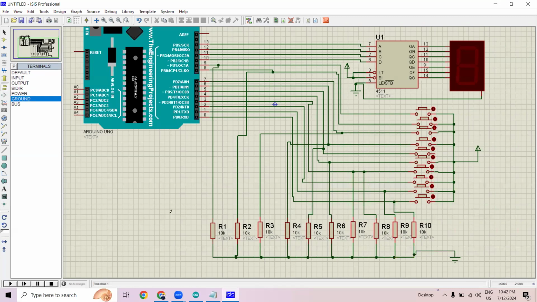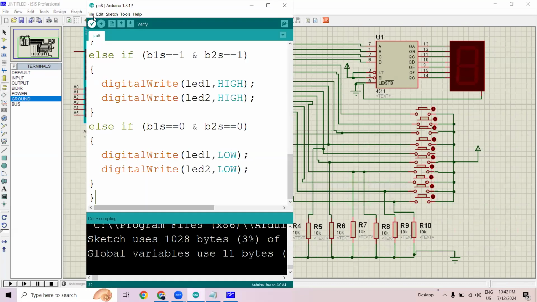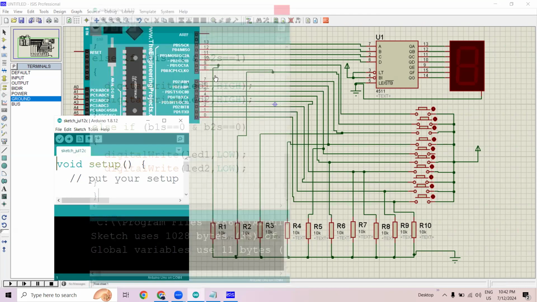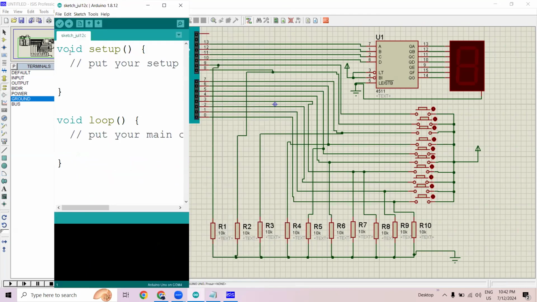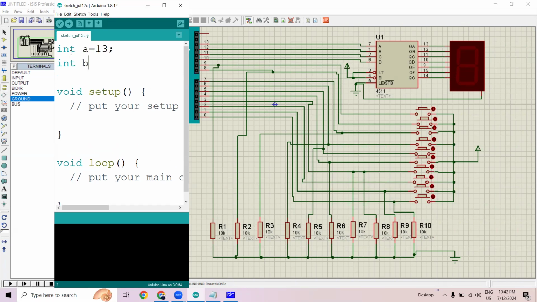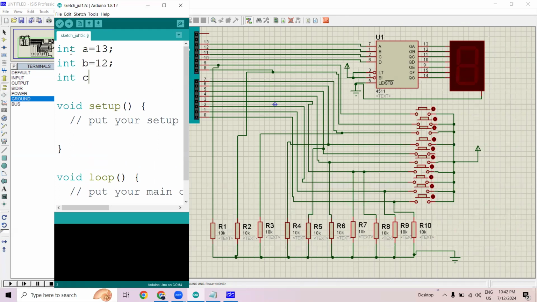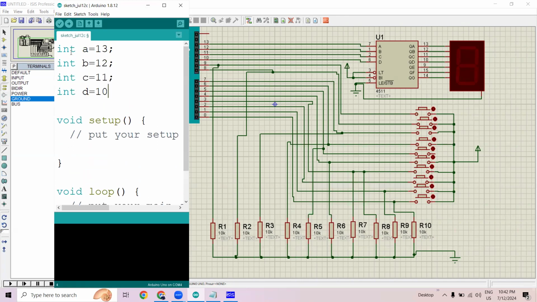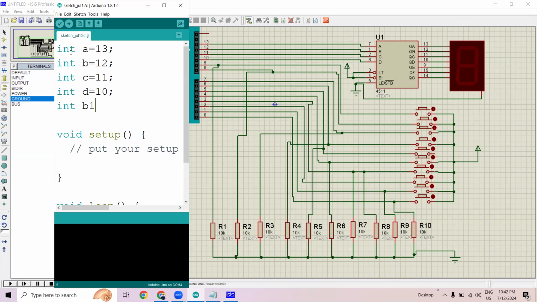Okay, done. Now let's create the code for this. File, new. As now we have a total of 4 variables for the 7-segment display with 4511, let's write int A equals to 13, int B equals to 12, int C equals to 11, and int D equals to 10. I'm writing the names as A, B, C, D. Now let's write int B1 equals to 9, comma, B2 equals to 8, comma, B3 equals to 7,